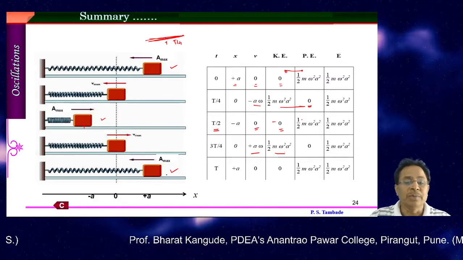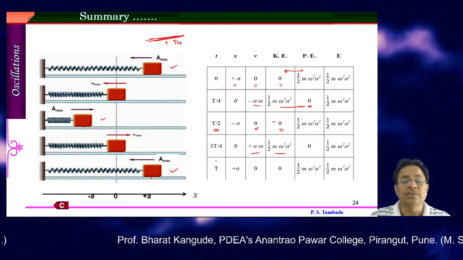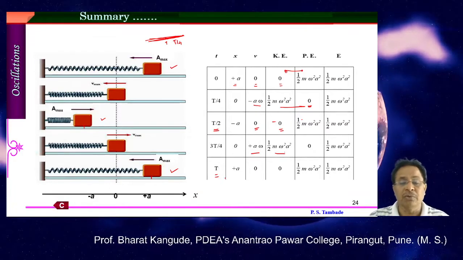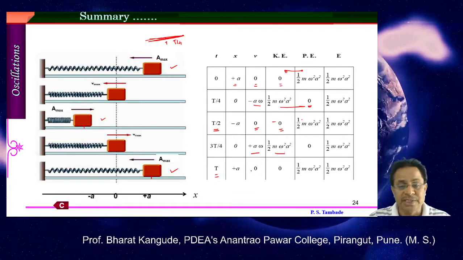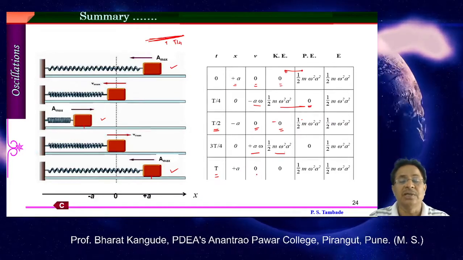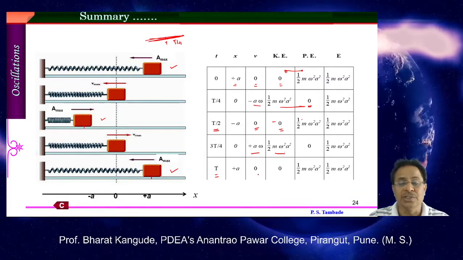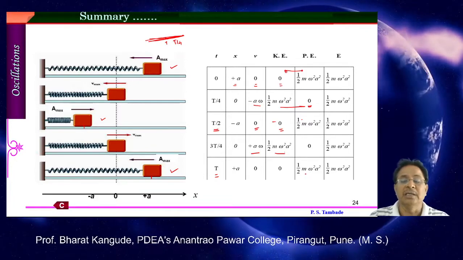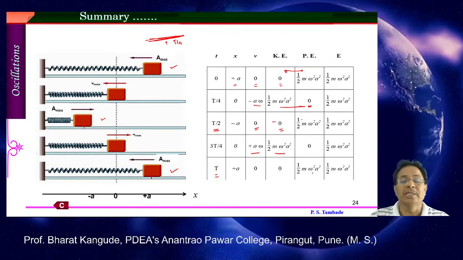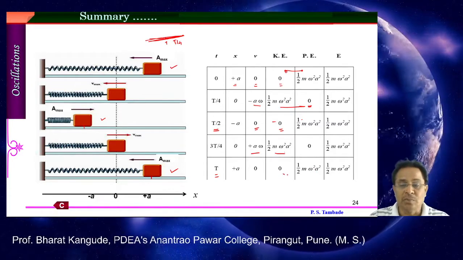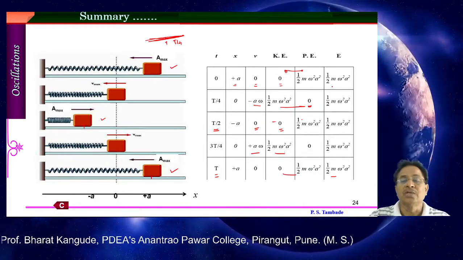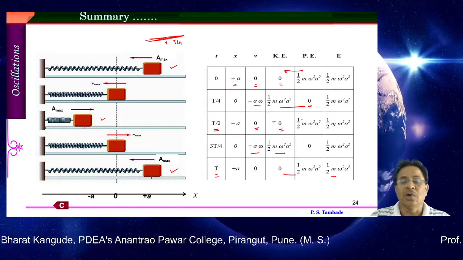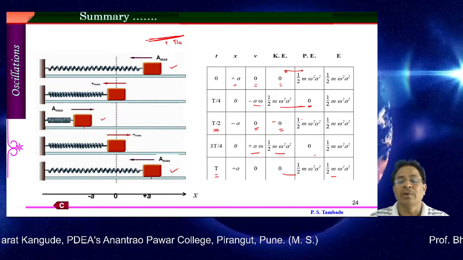And finally, when it completes one oscillation and reaches this location, one complete period has been completed. Time is exactly equal to one period. Again displacement is plus A. This time the oscillator completely stops there, no velocity, so no kinetic energy. Because of this position from the mean position, its potential energy is 1/2 m omega square into A square again. Addition of these two again gives me this quantity. So in the last column of the table, everywhere the total energy of the oscillator is found to be constant, 1/2 m omega square into A square.